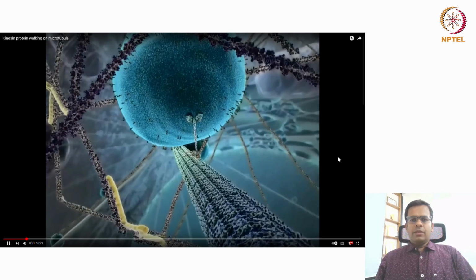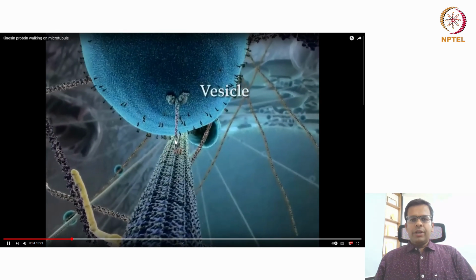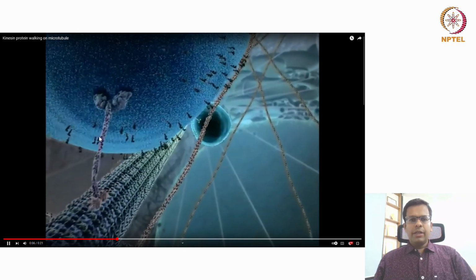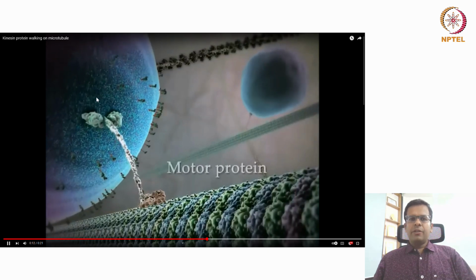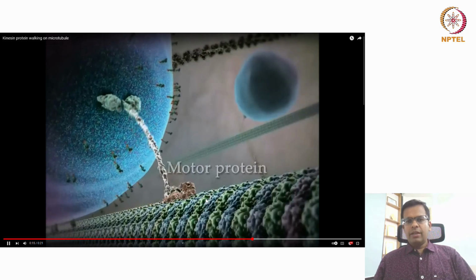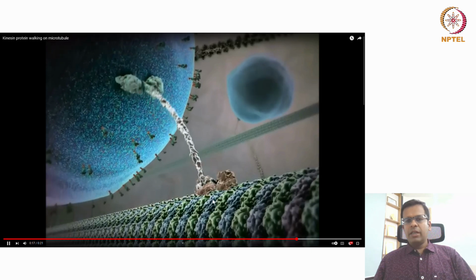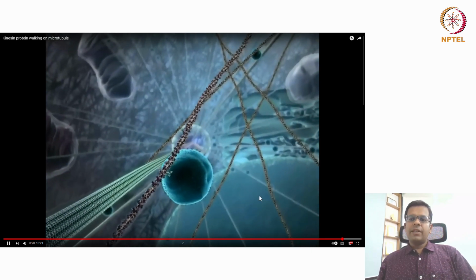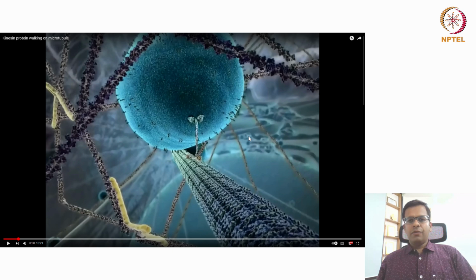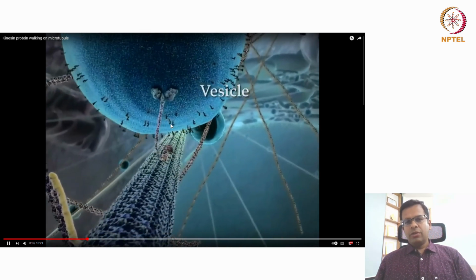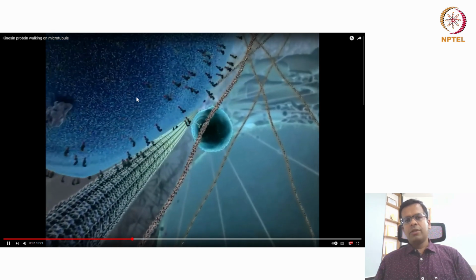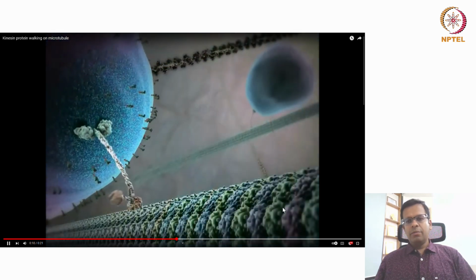So you can see here, this is a motor protein which is walking on the microtubule and it is pulling this cargo. It has to apply certain forces to pull this cargo, and these are the step sizes it is making on the microtubules. These step sizes are very small, generally in the range of several nanometers, as we just saw that it was 8 nanometers, and these pulling forces are also very small, generally in the range of piconewtons. So this is how the motor protein transports vesicles or cargo along the microtubules.